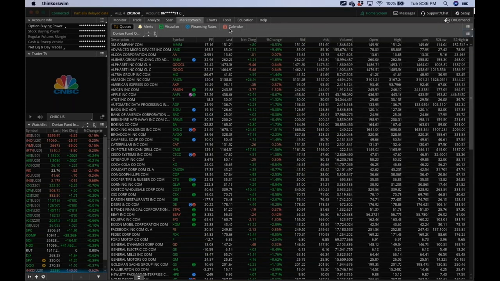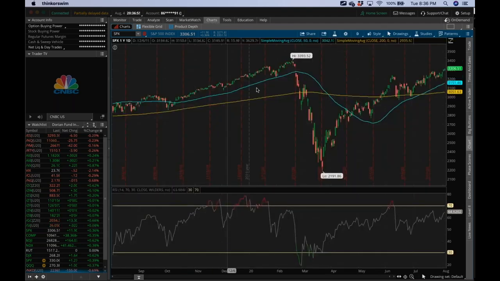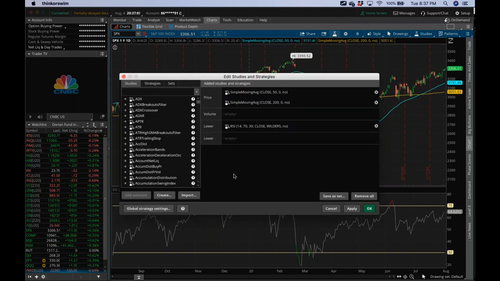All right, so the last area we're going to talk about is the chart area. We're going to go over to this chart area, and to set it up the Dorian way, you want to click on this hourglass here. Once you click on that, make sure you have these studies in this area here. To do that, you go to this left area, go to this area here, and then you type in simple